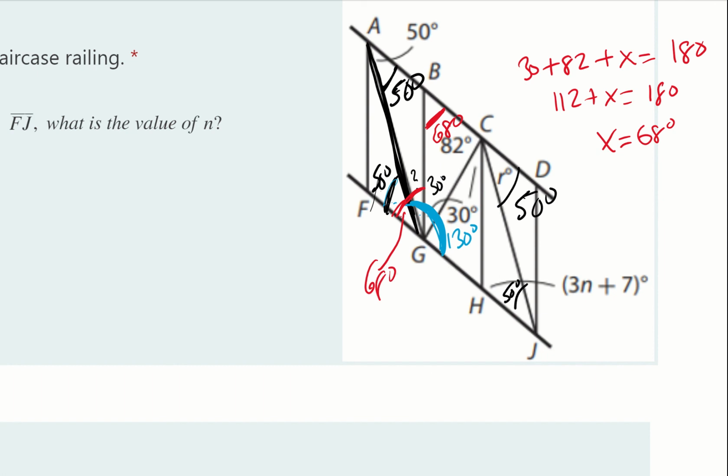And if this red is 68 and this black is 50, then that means this has to be 18. 50 plus 18 is 68. All right, so why are we finding this? Well, because now we know that this is 30. We can figure out what this is equal to because we know that this whole blue is equal to 130. So we got here 18 plus 30